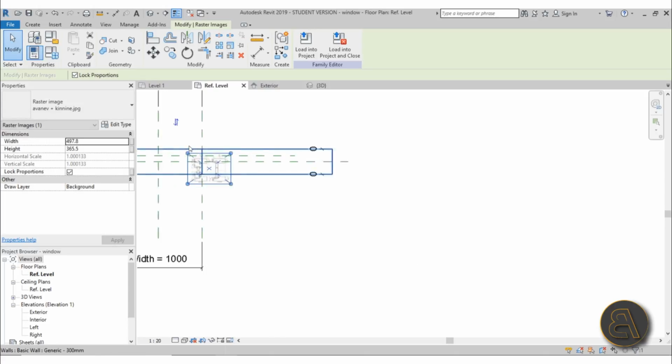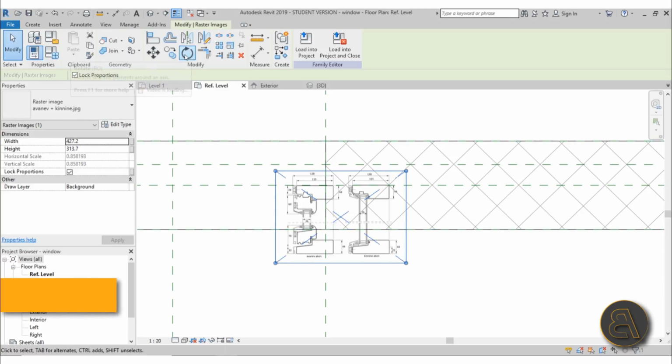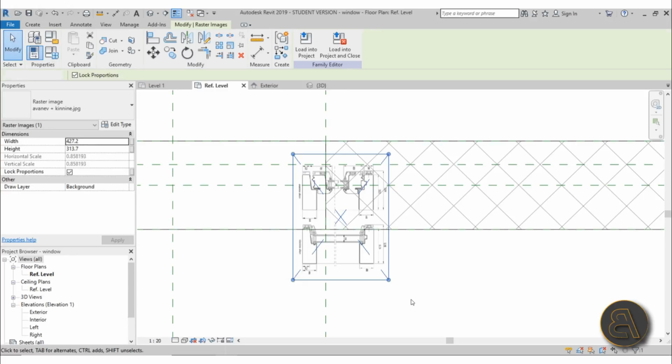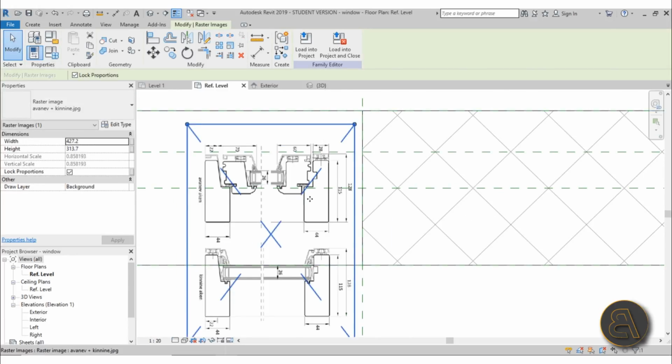And then maybe we can place it over here. Maybe make it a bit smaller. And then let's rotate it. So just go here to rotate, and then rotate it around. Now, if you want to be really precise, in this case, I'm not really creating a specific window according